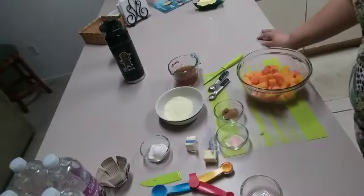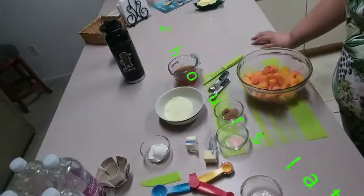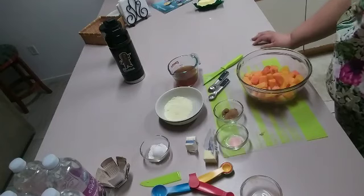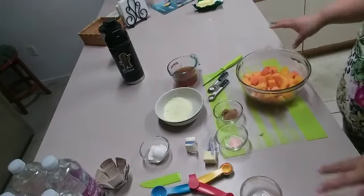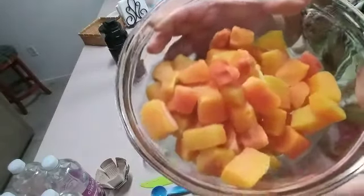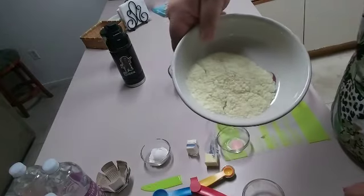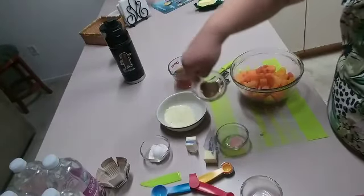So I have some time left over. I have probably like 45 minutes left. I have the brisket in the oven, and it's been cooking for about 2 hours now. And I do want to make sure that I get all these ingredients. I have, they say winter squash, but I just bought some butternut squash. We're gonna put some potato flakes, you know, the fake potatoes. Anyway, brown sugar